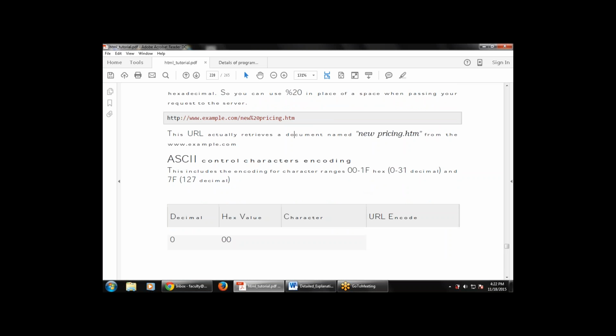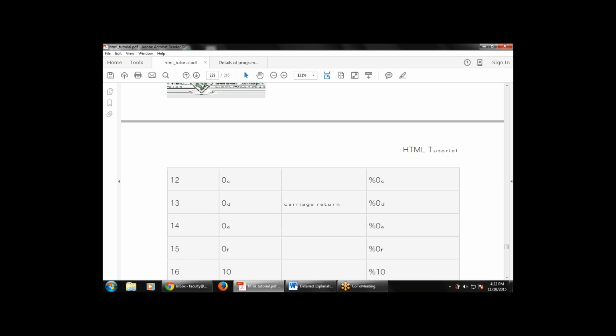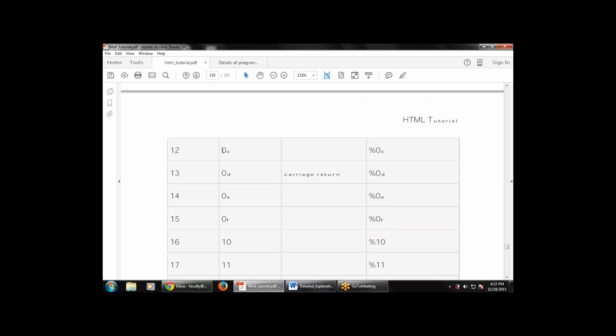This is a table that gives the decimal values, some of the hexadecimal values, their characters, and the URL encoding. This includes the encoding for the control characters, that is from 00 to 1F hexadecimal, that is from 0 to 31 decimal, and 7F, that is 127 decimal. So for example, if a decimal number is 12, that means it has the hexadecimal character 0C, and the encoding used is percentage 0C. In the same way, if the decimal is 13,